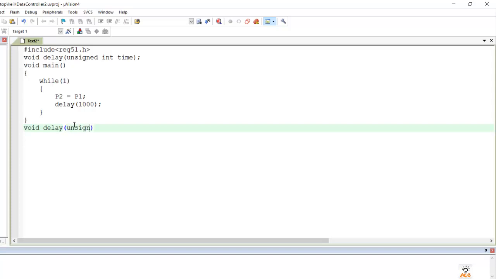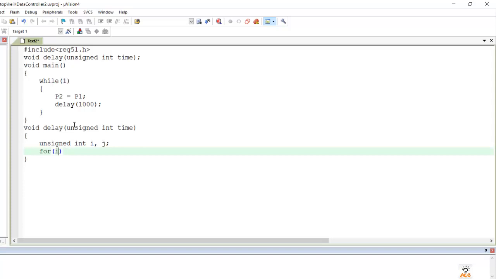So unsigned int time, and we have again our two variables, int i and j. So i is my outer for loop: i equal to 0, i less than time, and i plus plus.